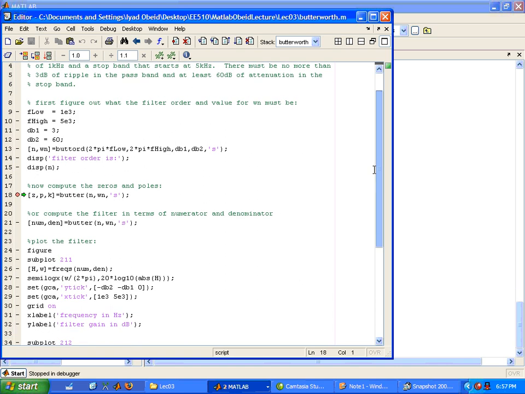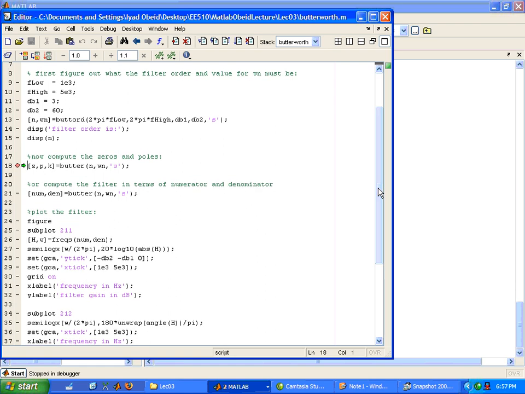Okay. So now we can actually create the filter. And you sort of have 2 ways you can go about doing it. One is you can compute the zeros and poles, or you can compute